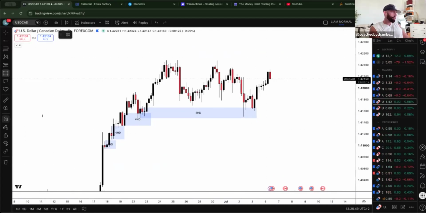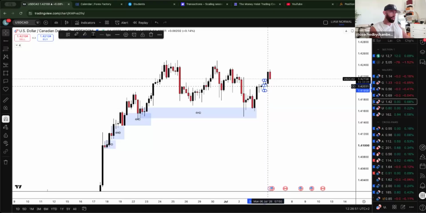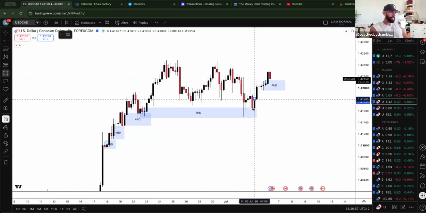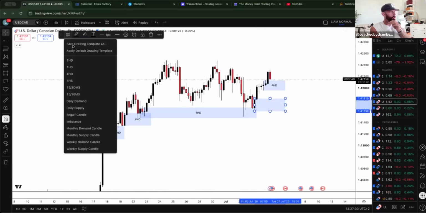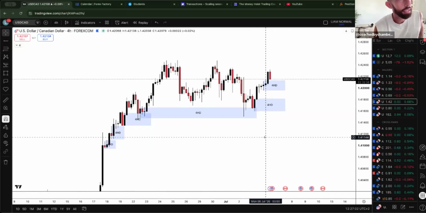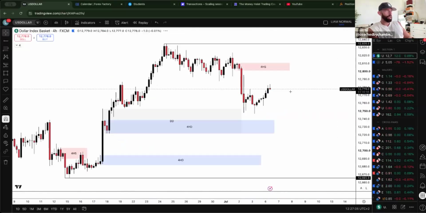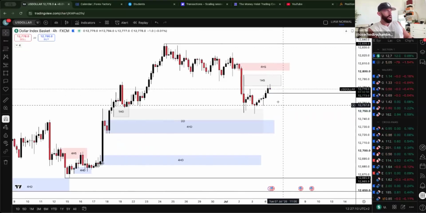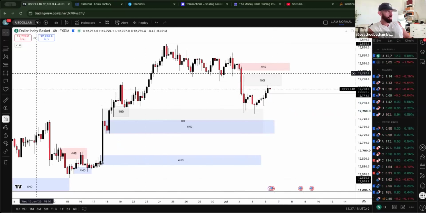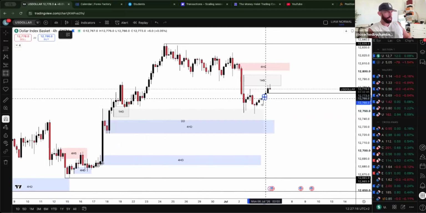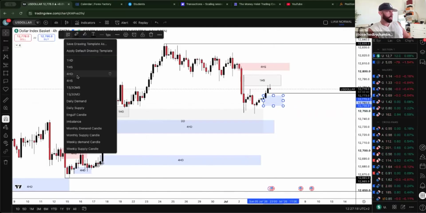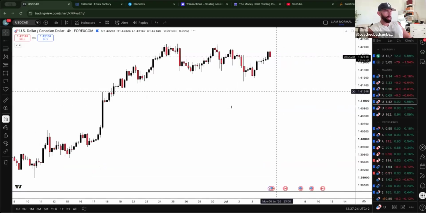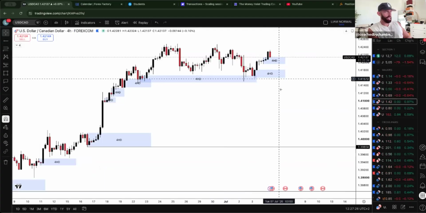So for me right now, USDCAD, I'd look for either this area of 4 hour demand or we have this area of 4 hour demand. So depending what the dollar does, so what I mean by that is if you look at the dollar again, if the dollar carries on, let's say longing from somewhere in here, so let's say this candle here, for instance. Let's say the dollar carries on longer from here. Then of course we can make a decision from where the market is currently at here.